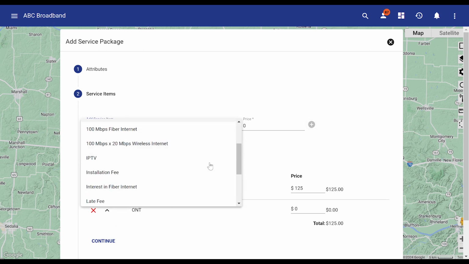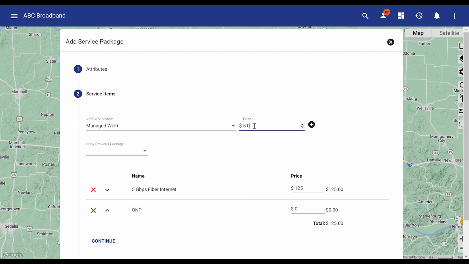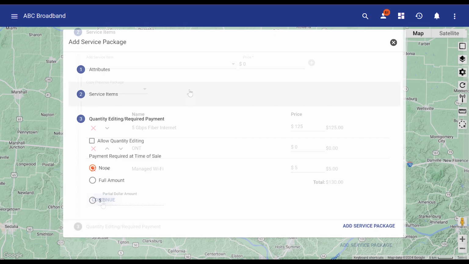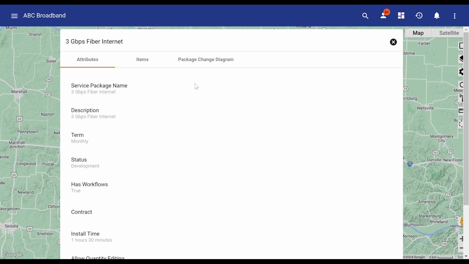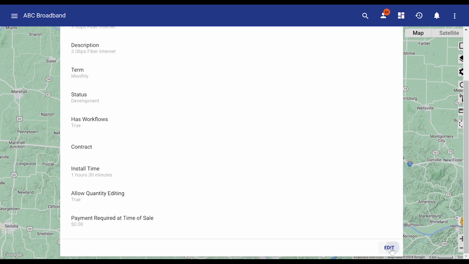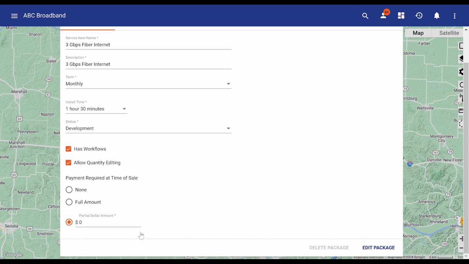After selecting an item for a service package, the next step is to add the price of the service item. The last step of setting up a service package is to choose whether or not to allow quantity editing and how much of a payment is required at the time of sale, if any. Once a package is set to production, it cannot be edited or changed. When adding a package, set it first to development to allow initial changes before setting it into production and the